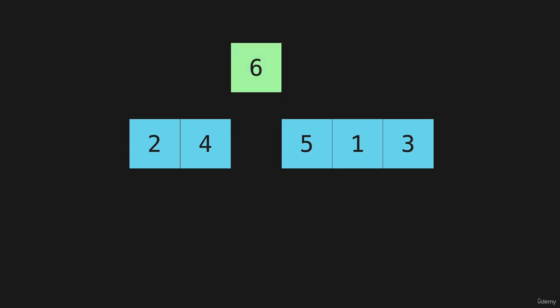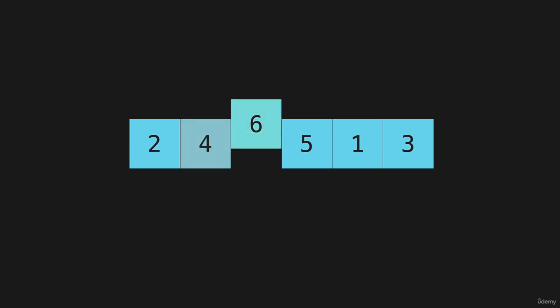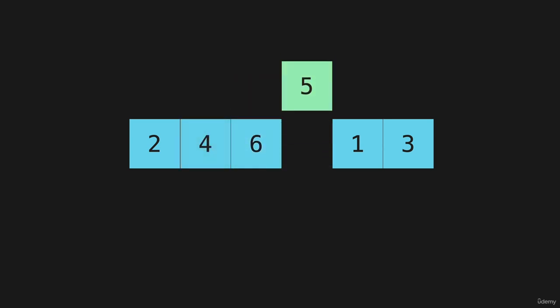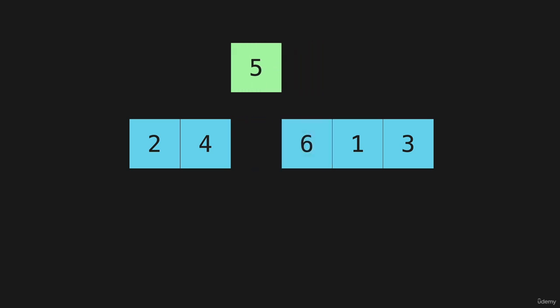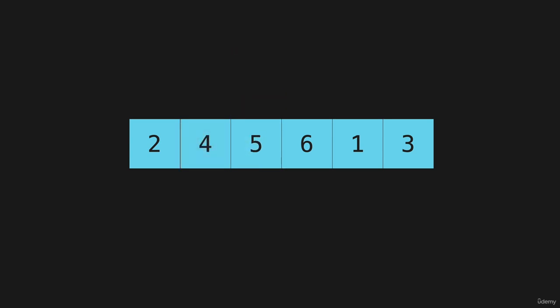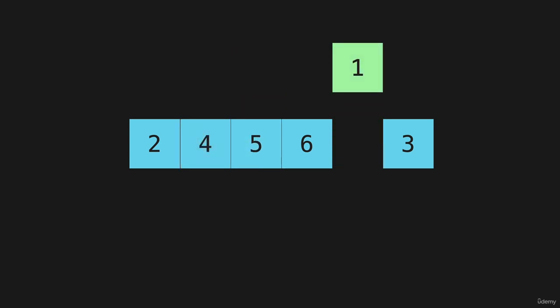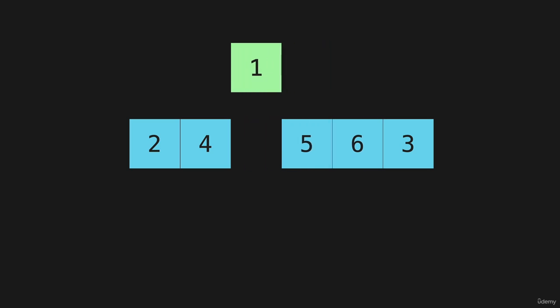Then we go to the next item, and we do the same thing. We compare it to the item before that. This one is not less than, so we don't move this one. This one, we compare it to the 6. We move this over. We compare it to the 4. It's not less than the 4. We drop that in. And then the 1, we're going to compare that to the 6 and the 5 and